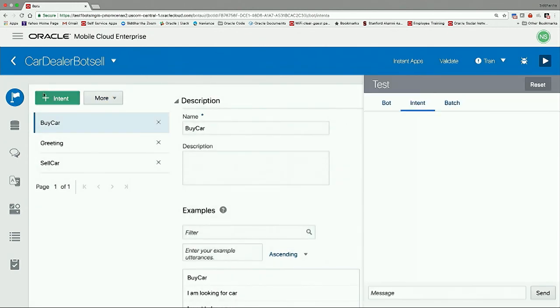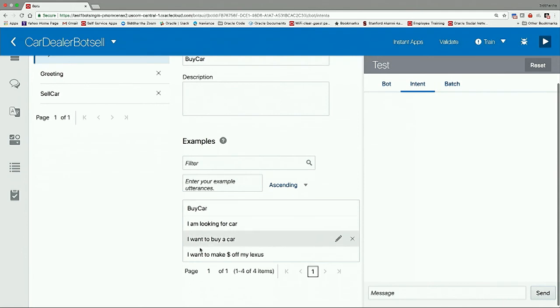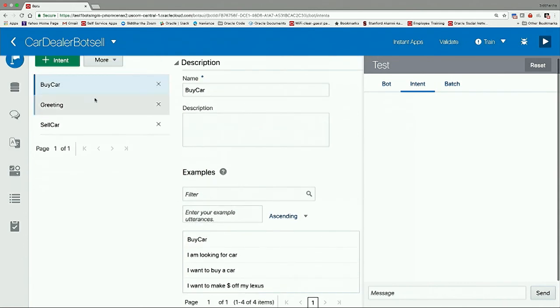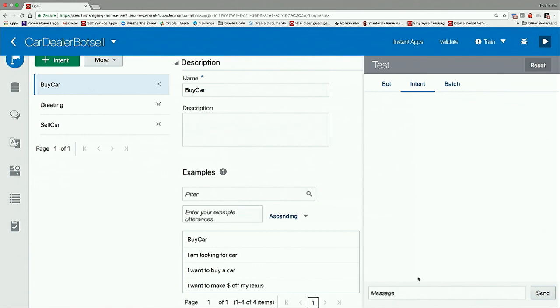When you come into this interface, you'll first see the intent. This is the intelligence with which we understand what the intent is as the consumer engages with us. And here, you can see that there are different utterances specifying an intent, like here there's buying car, selling car. For buying car, here are the various intents that are there. So now let me try and test this intent here, test the intents.